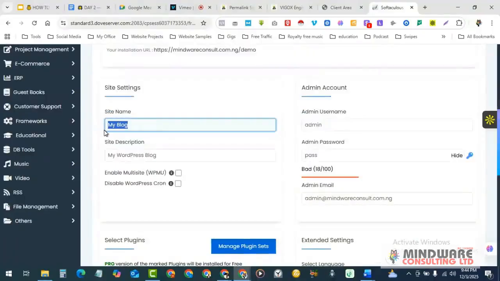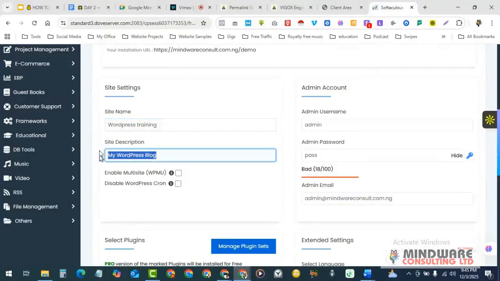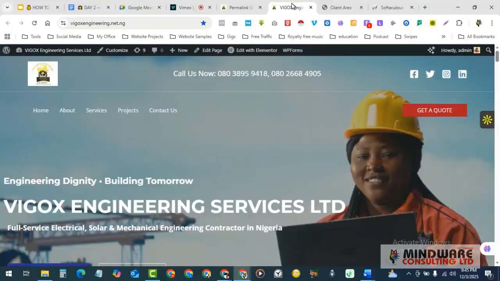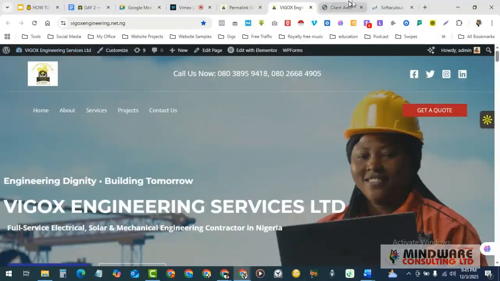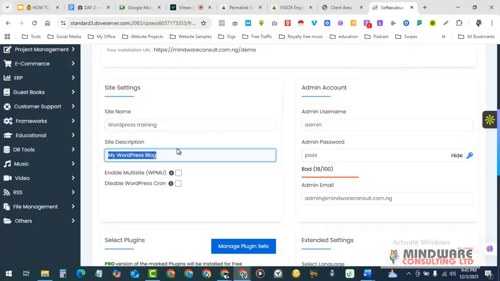So I'll come here and say WordPress training. Okay, and then this is for the site. This one is the site name, what name you want to be on the site. Alright, like if you see this one now, you can see Vigors Engineering Services Limited. That's the site name. So this is where you can set it up, or you can just keep this one and do it later. Alright, so I'll say website